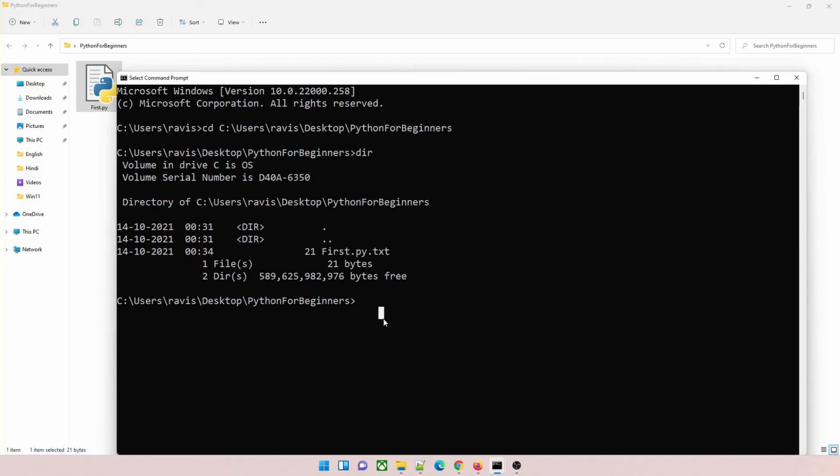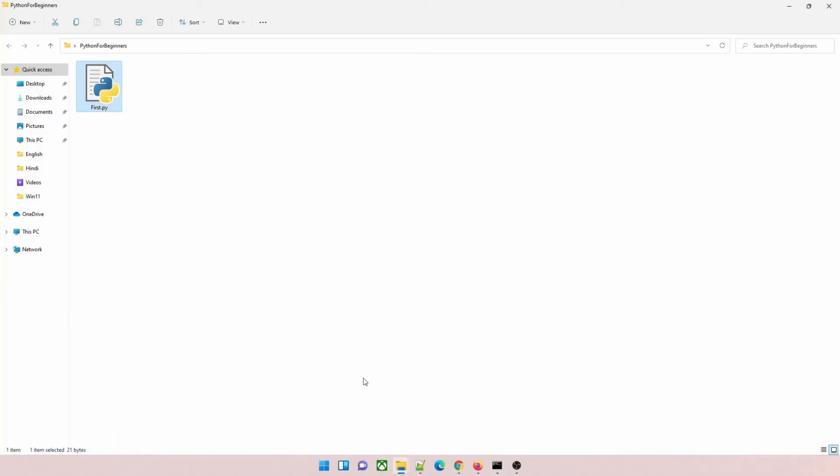Now all you have to do is just type Python space and give fi and just hit tab, and you'll get the name, hit enter, and you'll get hello world, which means our first program is run. So congratulations, you have just written your first Python program and just executed it. This is perfect. Now there are several other ways to do it.